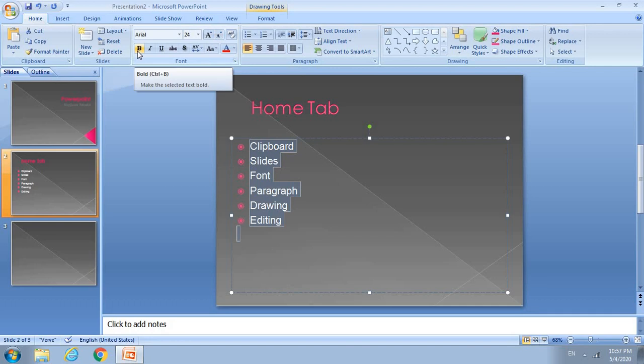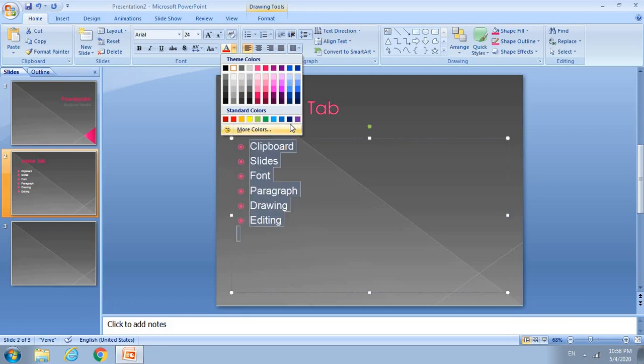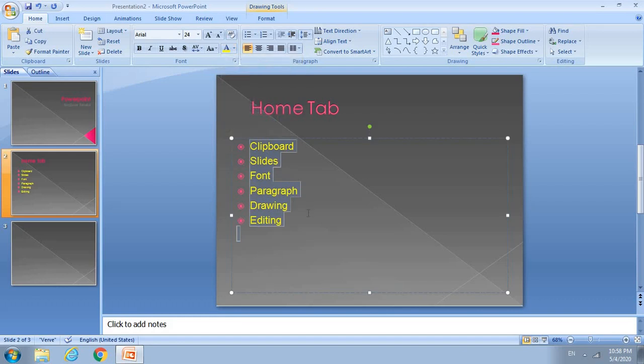Then you can make them bold, italicize, underline, strike. These are a few more options that come handy. Then apart from that, you can color your font like that. You can choose any of these colors which you like. We'll keep it yellow. So this is how you can use the font group.